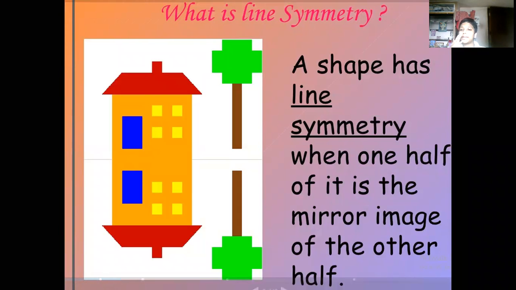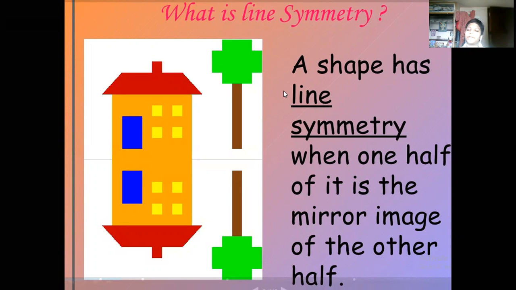So what is a mirror image? If you stand in front of a mirror, you can see yourself. Your image is in the mirror, so both are the same image. If you draw a line of symmetry and show this image to the mirror, you will get the same image, so both sides have equal size. If you show a hand, the mirror shows the hand. So symmetry means two sides equal. This is known as the line of symmetry.